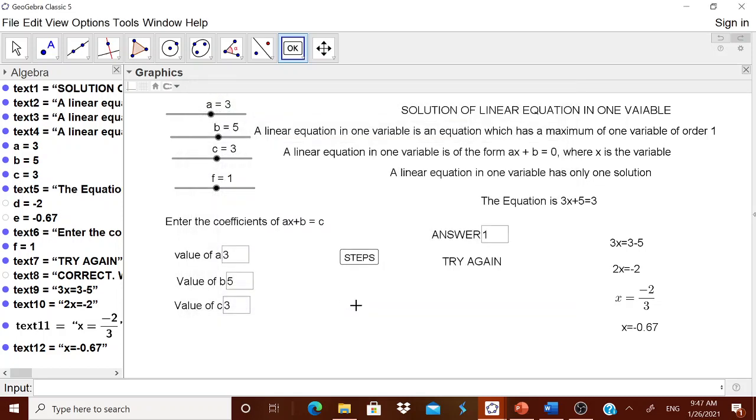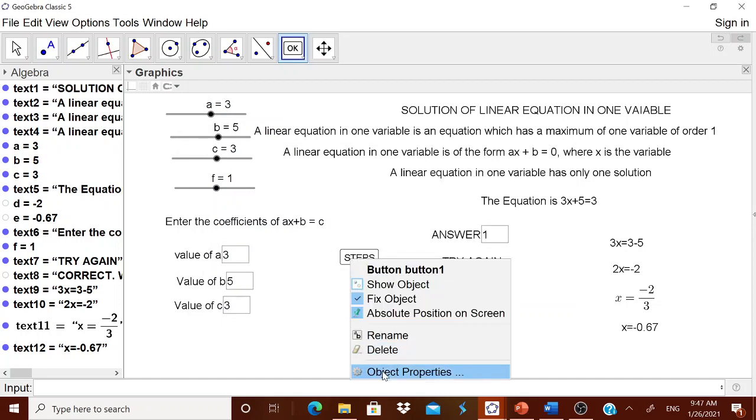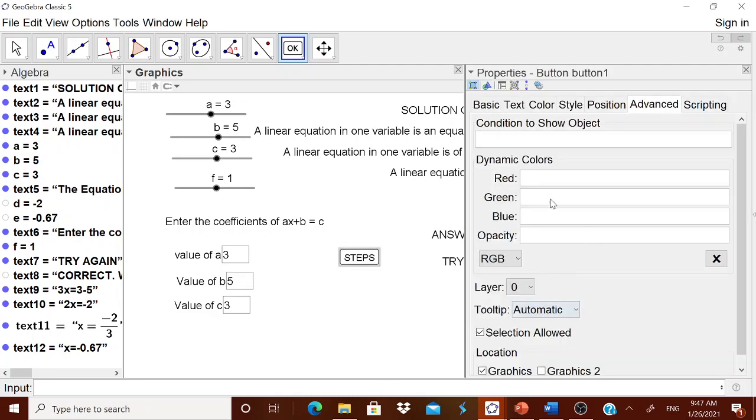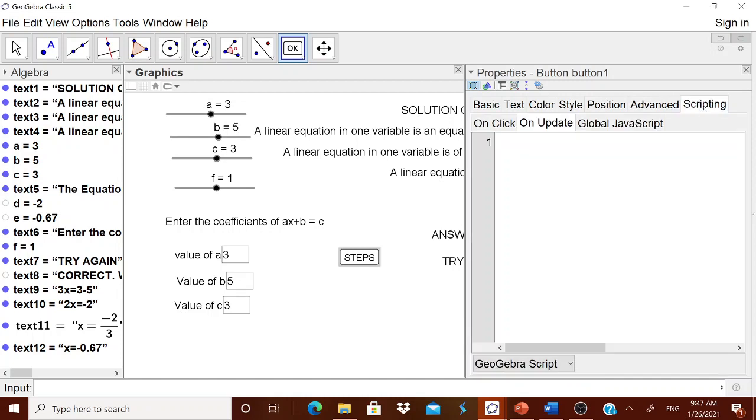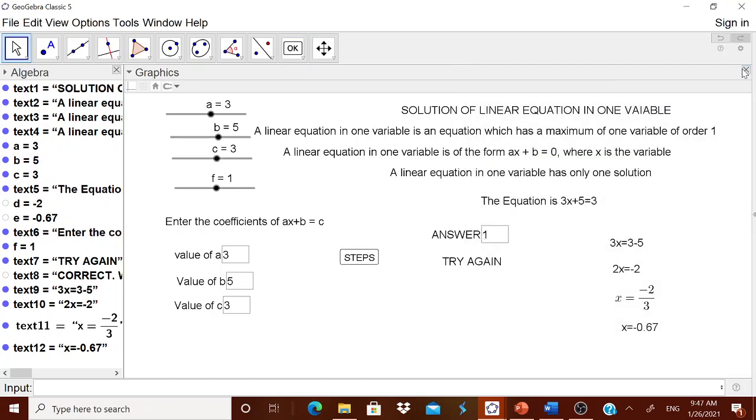Now, I think another way of doing it is, one way of doing it is like this. Otherwise, if you go to the object properties, suppose you are typing it as scripting, that is okay. This is one way of doing it. I'm just telling you the other way also. The other way is also very interesting.